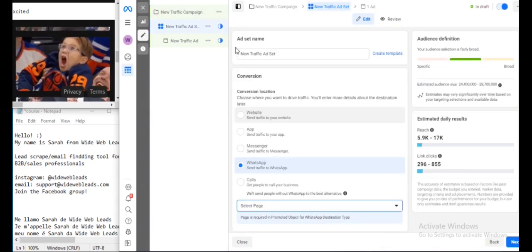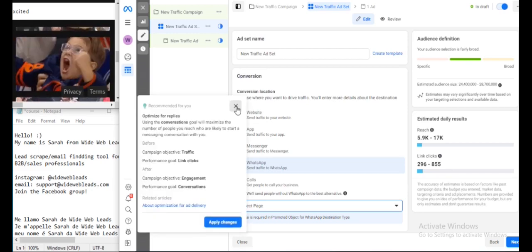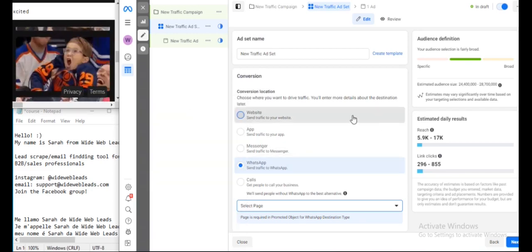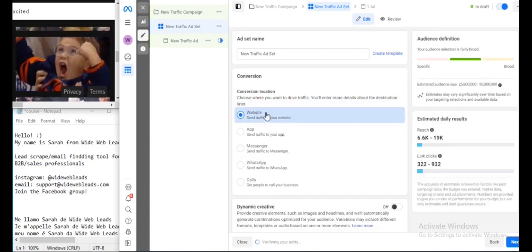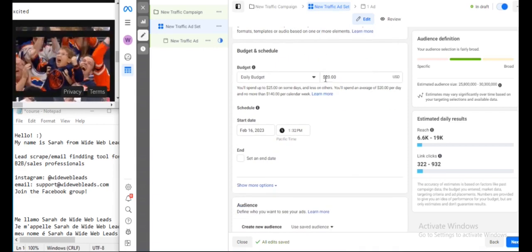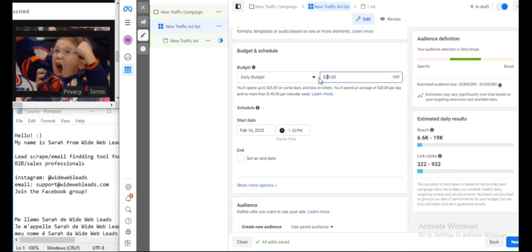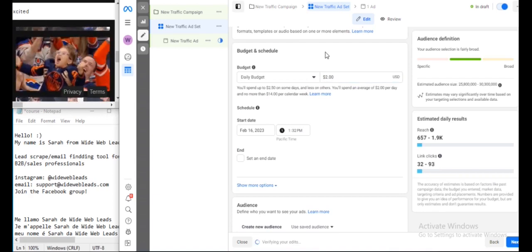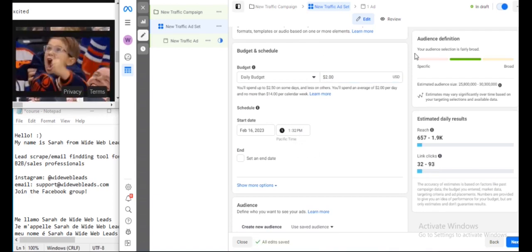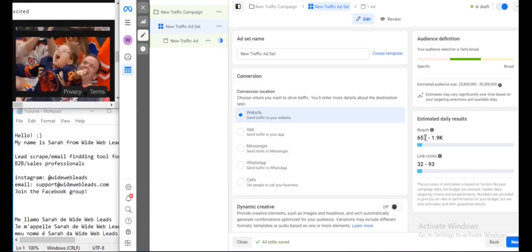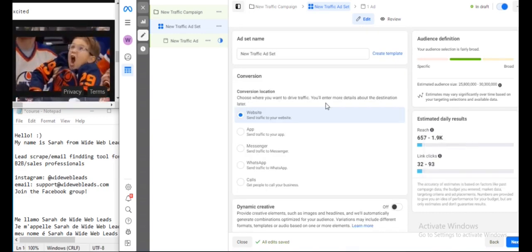Click next. Not blah, blah, blah, but we click next. There's not much on that page. We're then going to go with a website. So send traffic to our website. And our daily budget is going to be $2, okay? I know that seems very cheap, but we're only targeting people who have visited our website, so we don't need to be spending like thousands of dollars per day because we're not getting that many people anyway, right?